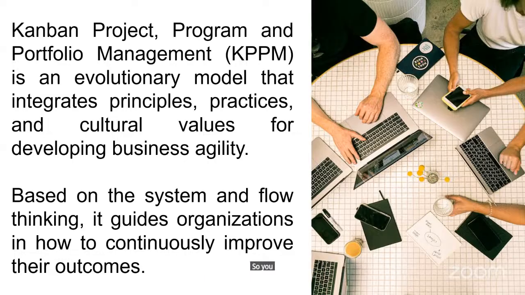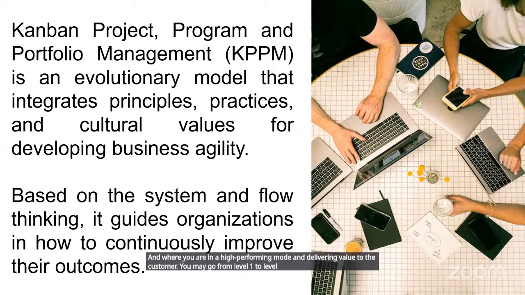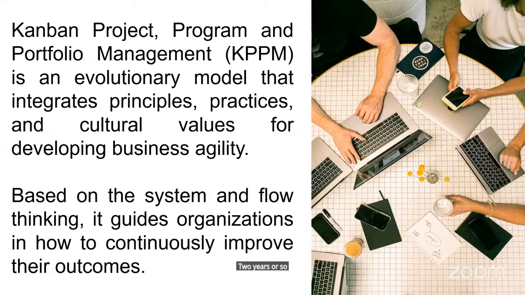So you may be today at level 1, struggling and trying to put the basic practices, principles, values in place. After you've stabilized, maybe 6 months down the line or so, you may go to the next level. And like that, you can go to higher levels till you stabilize at level 4, which is the highest level, where you are in a high performing mode and delivering value to the customer. You may go from level 1 to level 4 maybe in 2 years or so for a typical team, as you start building your skills and the team becomes better and better. So that is a rough indicative timeline that we have. So now that you understood this,